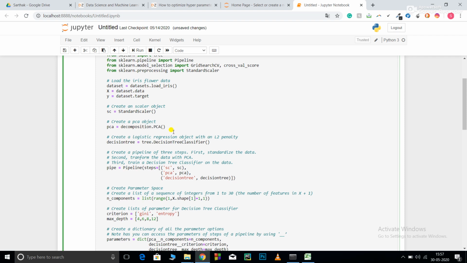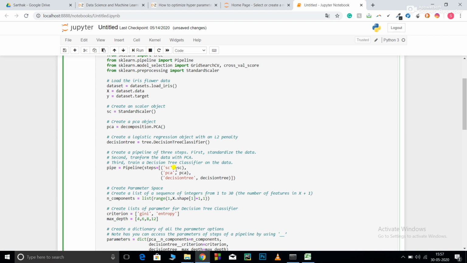So PCA is principal component analysis. It is used for decomposing your data sets into a data set of lower dimension. It makes sure to keep your variance maximum while making the decomposition. It makes your data set less bulky to reduce the computational expense by reducing the number of dimensions. So I'm using the decision tree classifier.